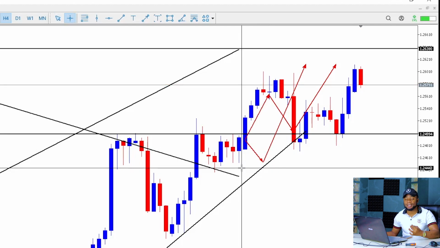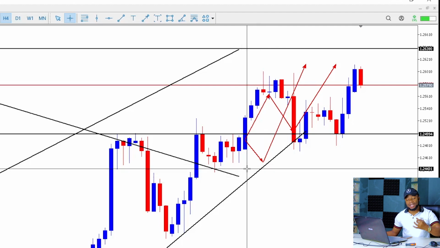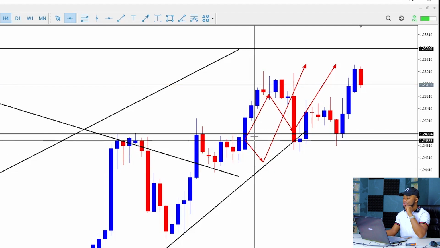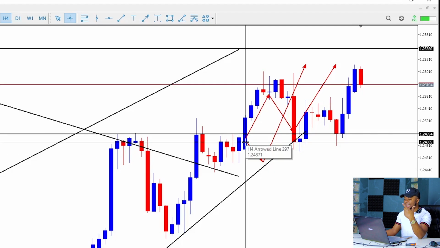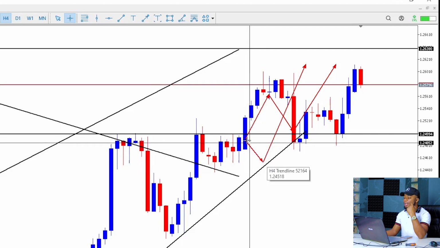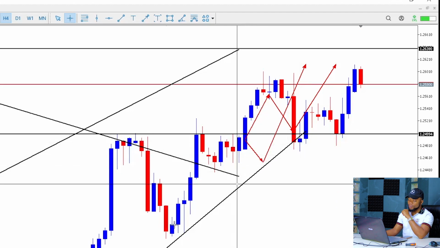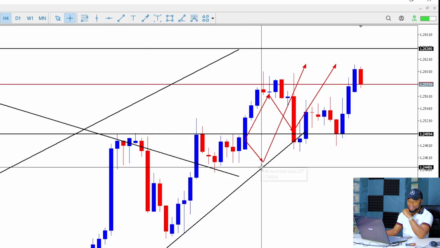I always look for sniper entries, because anytime I get a sniper entry, it gives me a high risk to reward. I always risk a little bit to target a high number of pips. I always risk maybe $10 to go for maybe $100, or maybe $30 to go for $100, or maybe $300 to go for $1,000. And I only get that when I'm able to get sniper entries. So I already analyzed, and I saw that if the market has to drop, I'll wait for the market to pull back to this particular support line, and I'll buy at this point in time. Good. That was the first scenario, if the market has to drop.